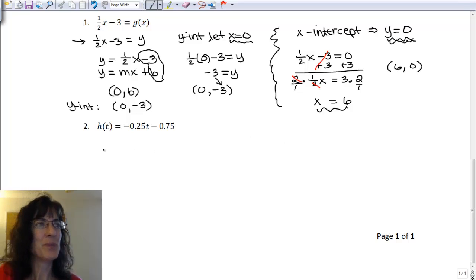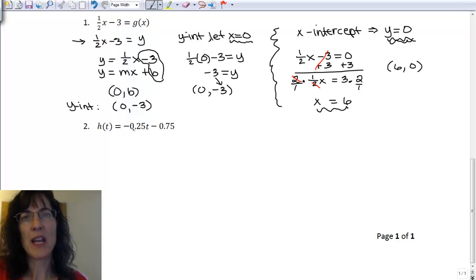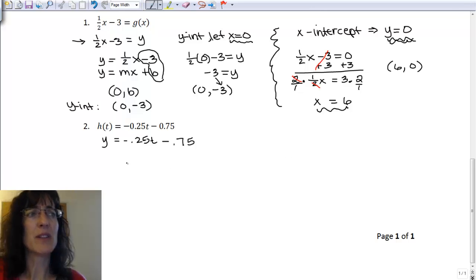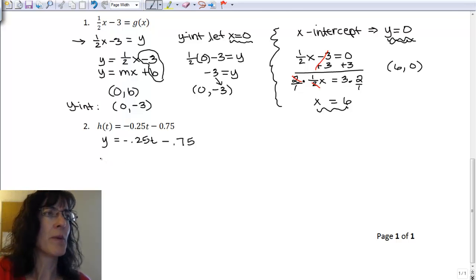Number 2, I have h of t equals negative 0.25t minus 0.75. Now I can do a number of things with this equation. First thing I want to do though is change it to y equals negative 0.25t minus 0.75. Now I can leave it in this form, it's not going to be a problem, but first thing